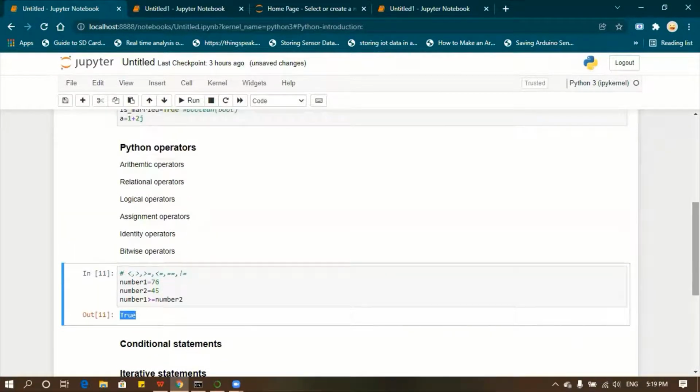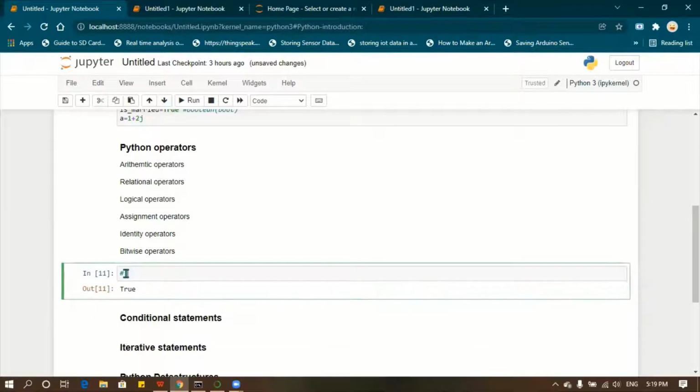Okay, so next we are moving on to the logical operators. What are the logical operators? And, or, not. You might have studied about and, or, not operators. Have you? No, ma'am. Okay, fine.